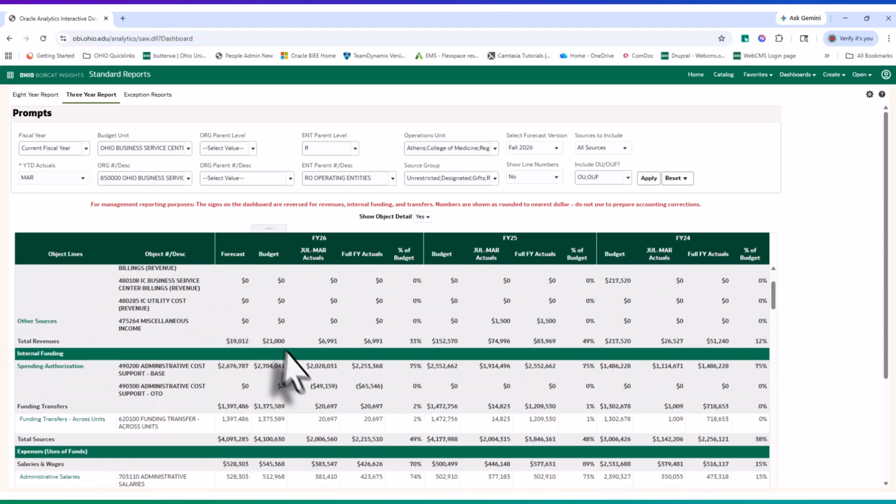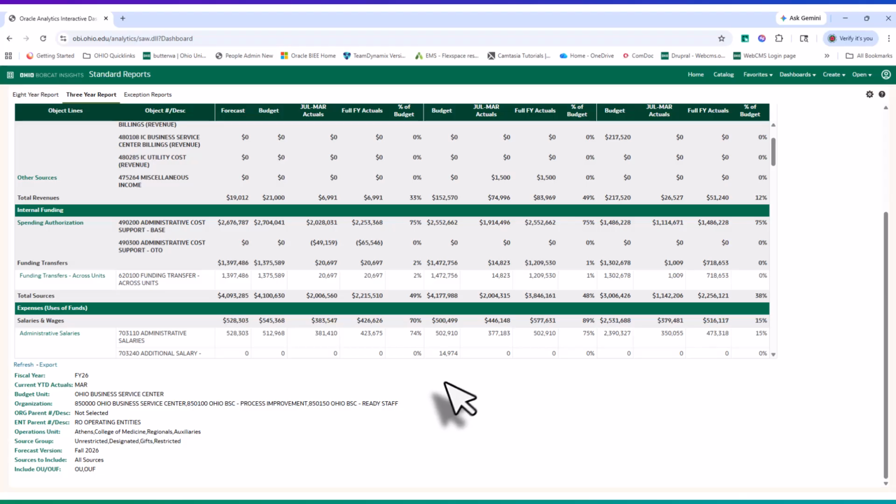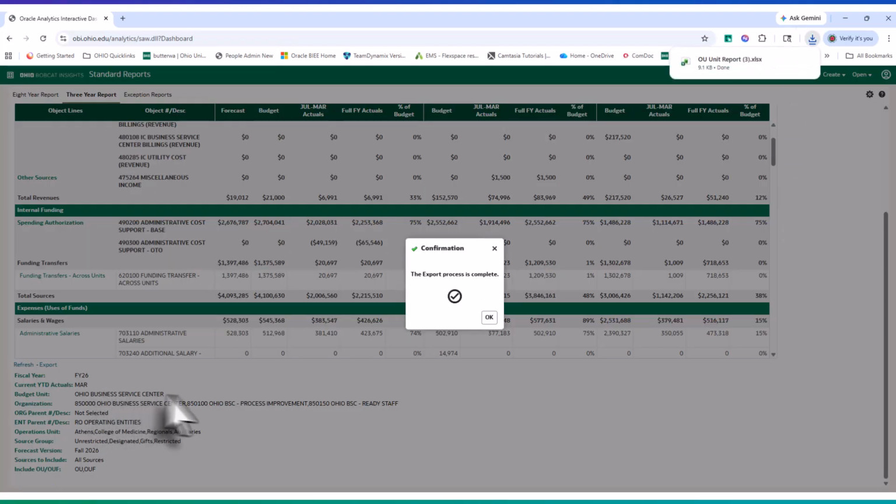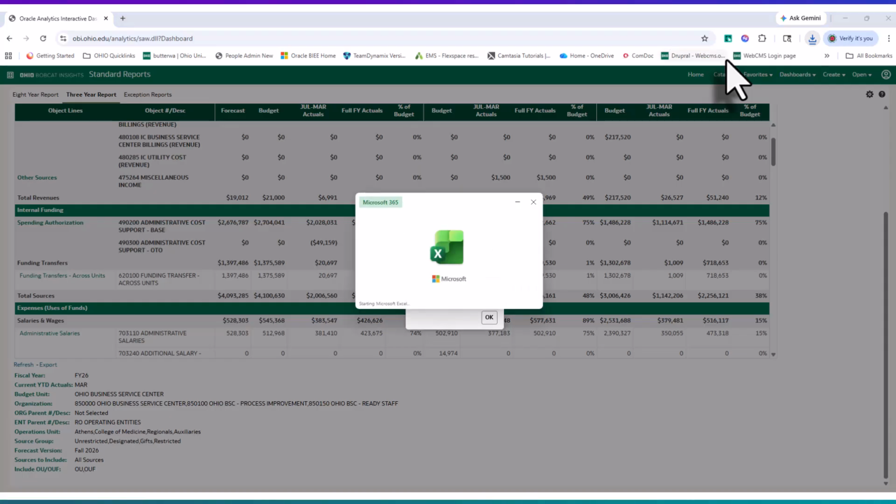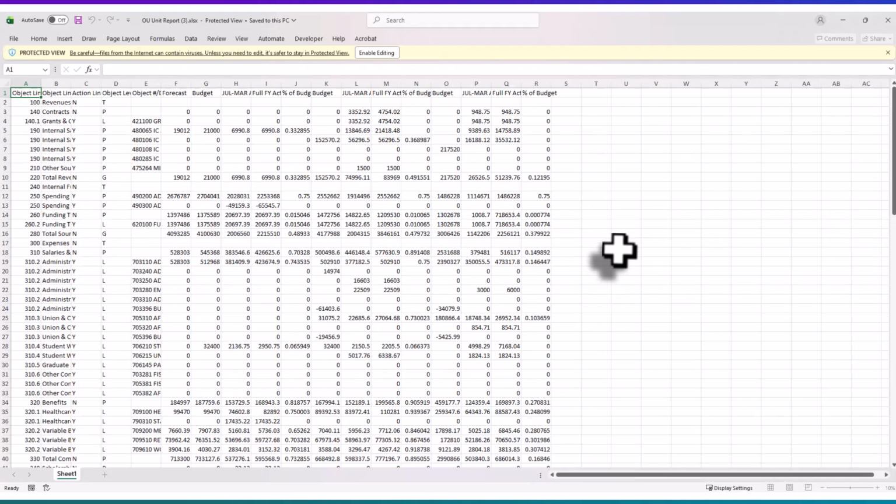In order to export the information that is in the report so you can do further manipulation and analytics, you can go to the bottom left of the report, click the export button, hover over data, and then click the Excel version. From there, you can click the report that is generated in your downloads and open the report in Excel so that you can apply any filters and do further analysis on the items in which you're wanting to look at.